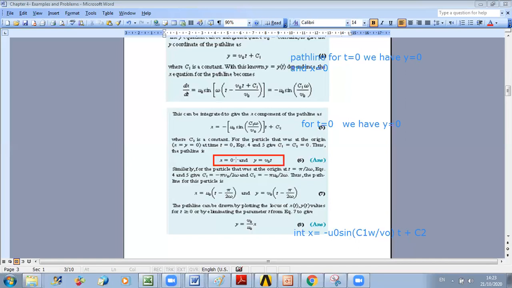Now, once I got my two constants, I can get my streamline, my path line, sorry, because if I eliminate t between the two relations, I can get that x equals 0 and y equals v0t. If you want, here, no need to eliminate time. Why? Because x is independent of time. If you go back to your relation, you can replace t by what, if you want to eliminate t between the two? From your first equation, you can say that